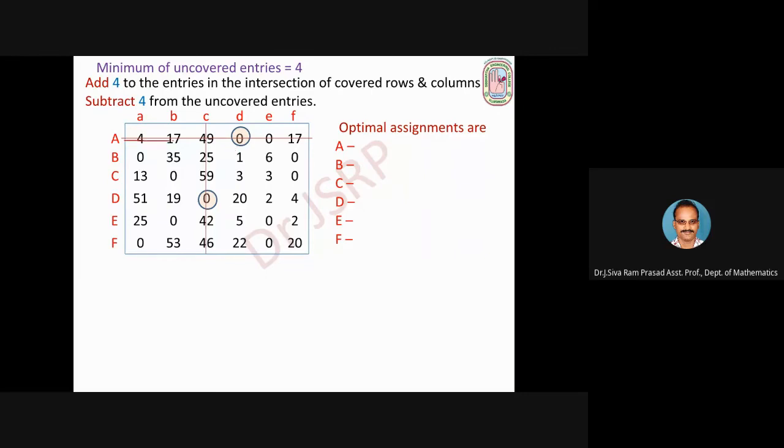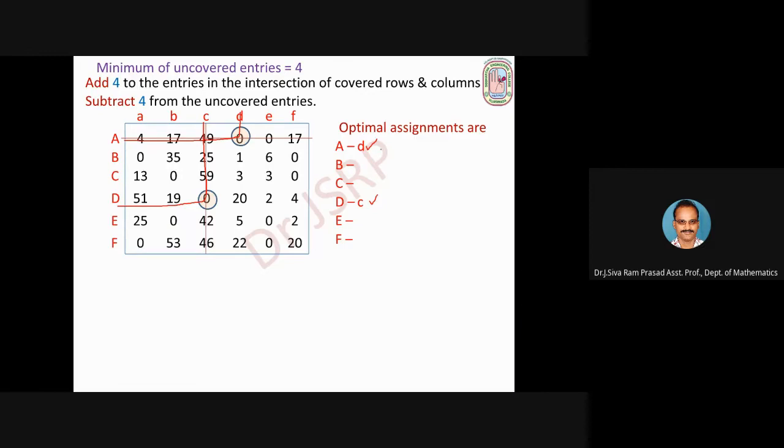That is capital A to small d. This is fixed. Right. Capital A to small d here. And capital D to small c fixed. Right here, capital D to small c. So these two assignments are fixed. So A is assigned to small d, capital D is assigned to small c. We have to fix the other four assignments.